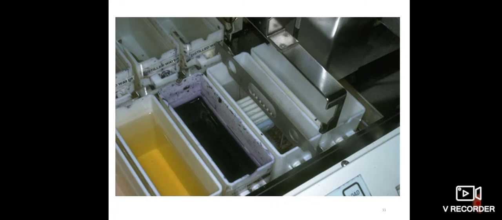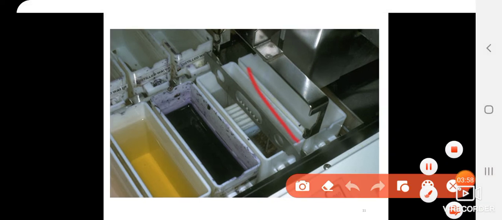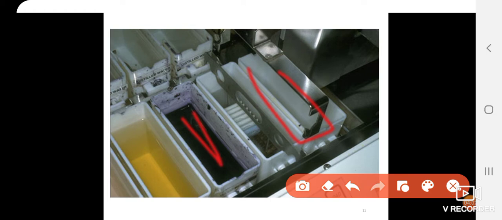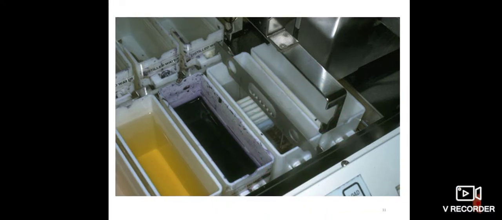So this is an automatic stainer. You can see these are the containers. These are the plastic containers which are filled with solution. This is your hematoxylin solution over here. This is an alcohol, and you can see there is a rack in which some slides will be kept. The slides will have a lever action. Slide will come up and then it will go into the next container, then it will go to the next container for a certain period of time, which will be fixed in the machine, and then you will get the final result.